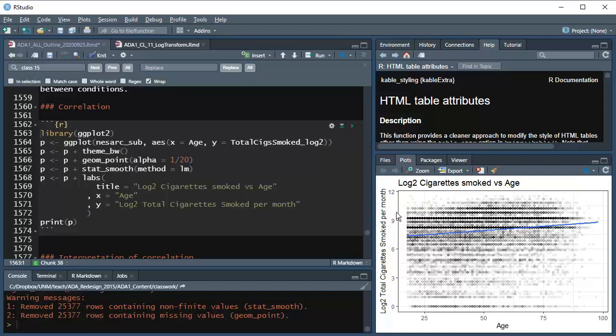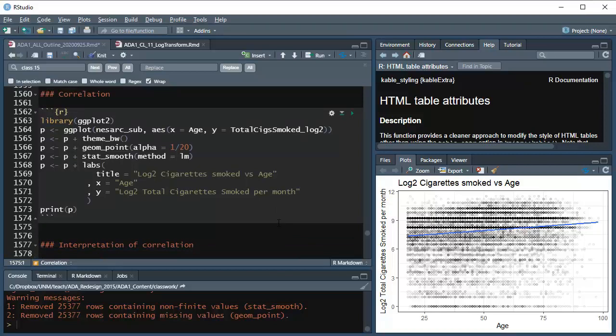And that's per month. I know 10 would be 1024. So 9 is 512. 12 is, I don't know, no one can smoke that much. All right, anyway, so we got a plot. The next thing we need to do is